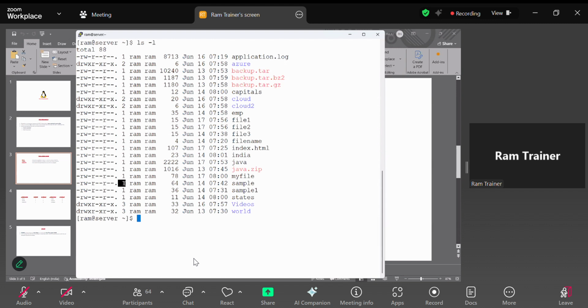I told you the second field is the number of links. And the third field is the username, that means the owner name. Who is the owner of this file? And the fourth field is the group name. By default, username and group name are the same. So in your local computers, by default, owner name and group name are the same. But in the environment, this is your name and this is your group name. And remaining, you know: file size, modification month, modification date, modification time, and file name. But today we will discuss these 9 bits.